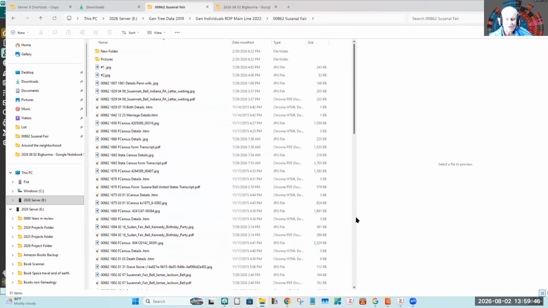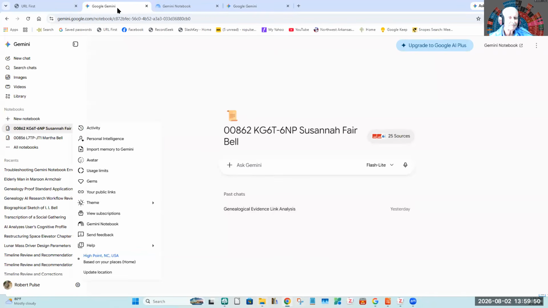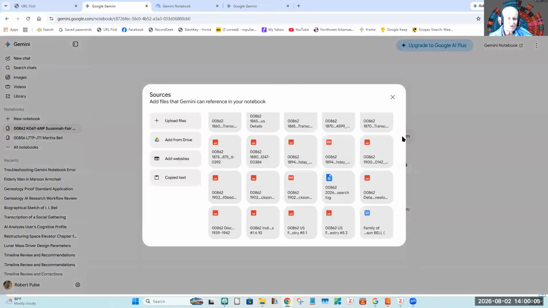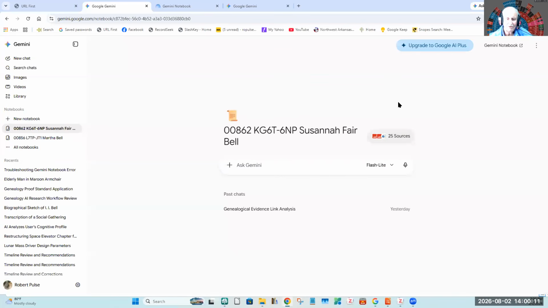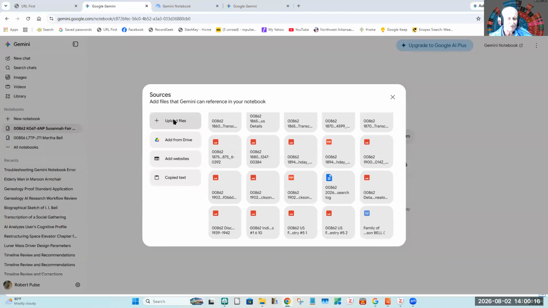So let's experiment with a little bit of what I found on Notebook. Okay, let's go back to here. This is what you normally see when you go into Notebook. Here you can see my Gemini. You can see my notebooks over here. I click there to get to this screen. This is the sources that are in there. This is the rebuilt file because the other one was flawed and gone. So anyway, to rebuild it, you just go to sources here and you say upload files.